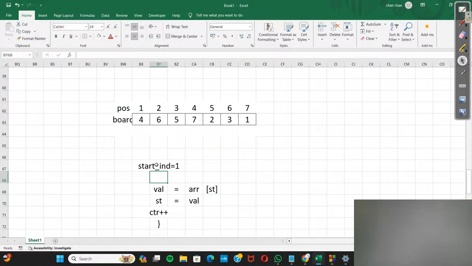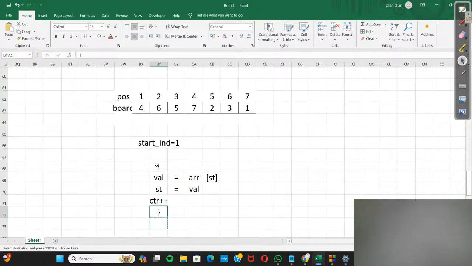Repeat this process until you come back to the initial starting index. So, or else you could say if